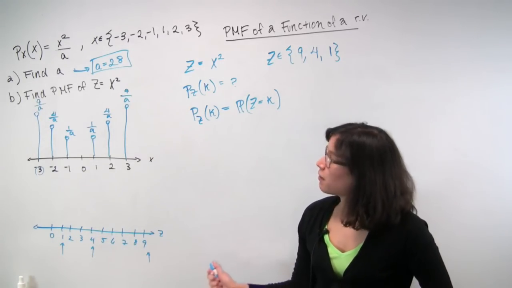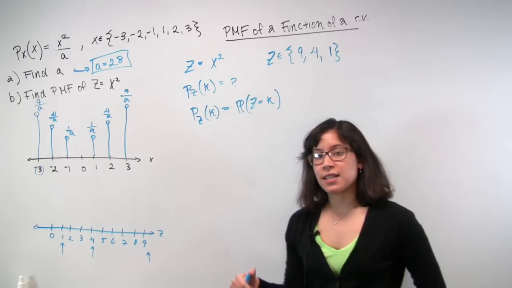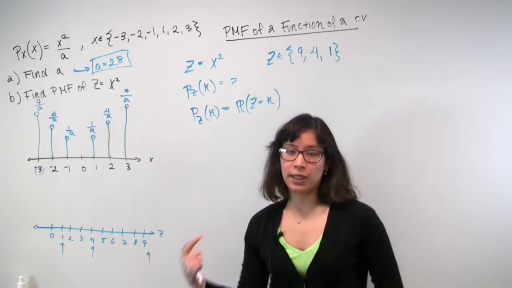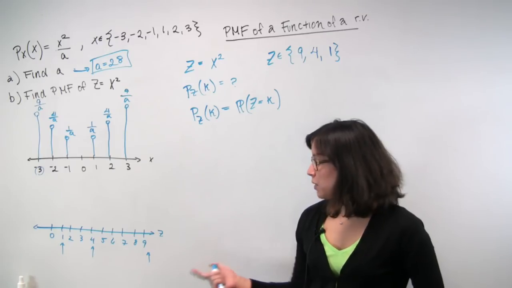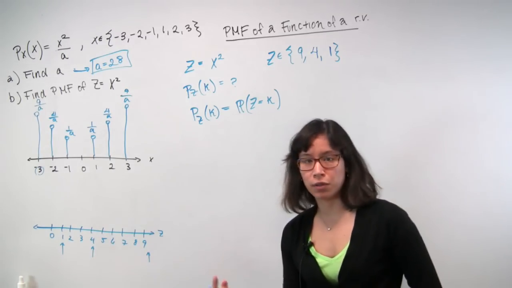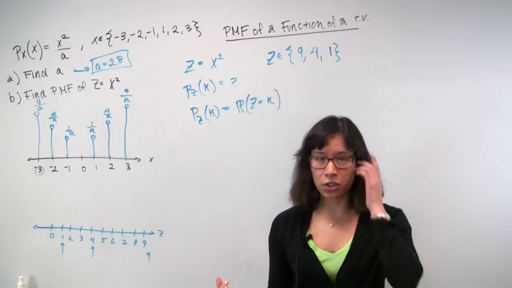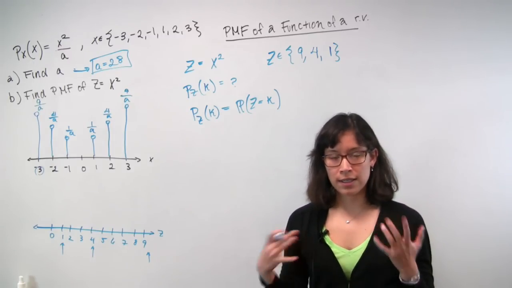Now, x takes on a value of -1 with probability 1 over a, and x takes on a value of 1 with probability 1 over a. And so z, therefore, would take on a value of 1 with probability 2 over a. Now, I've sort of been appealing to your intuition, but if you wanted to say in math what I've been saying,